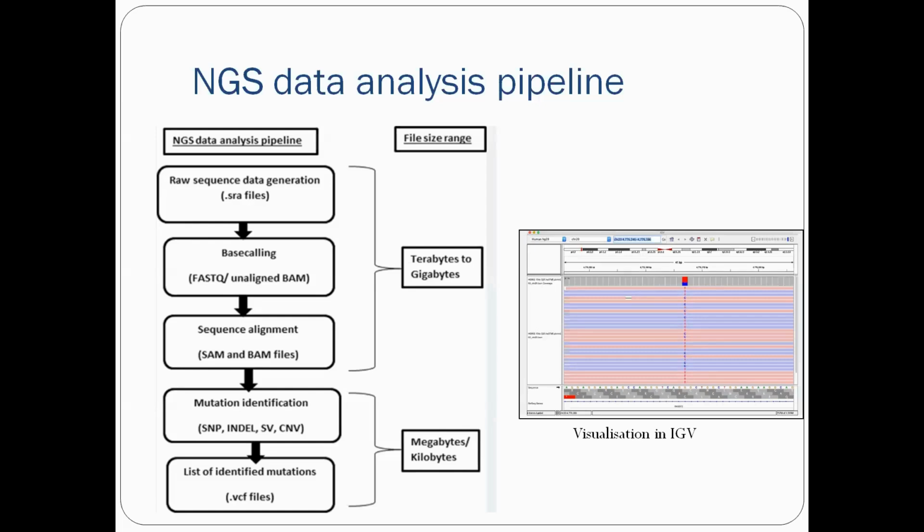This is a freely available tool, and it is very essential to visualize the reads which we have received after the sequencing. For this, we have to upload our BAM files into the IGV to be able to see the reads. This visualization process is also very important because sometimes it helps us to be more confident about the variant or the mutation which we are seeing,